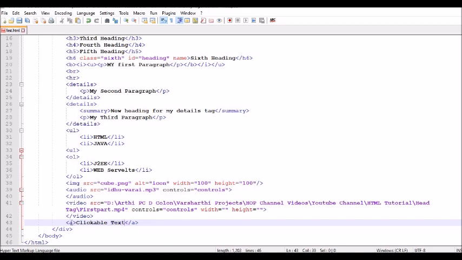So you should open and close the anchor tag. Inside it you should give the text which you want to be clickable, right? The mandatory attribute for the anchor tag is href. The href attribute is the destination to which we are going to navigate the user on clicking this text, right?